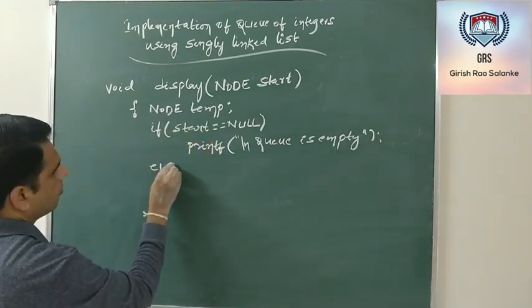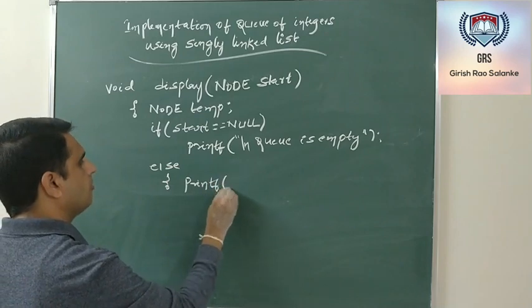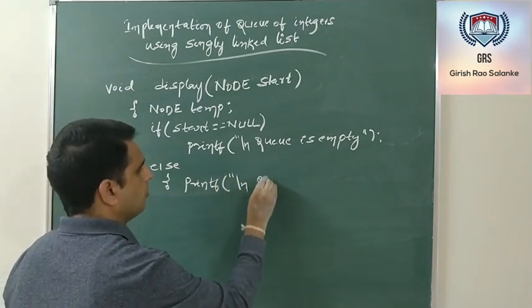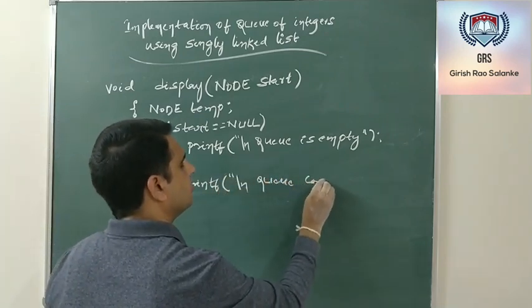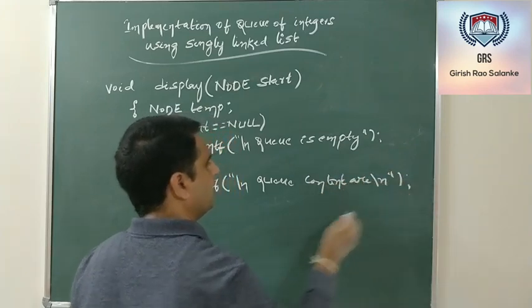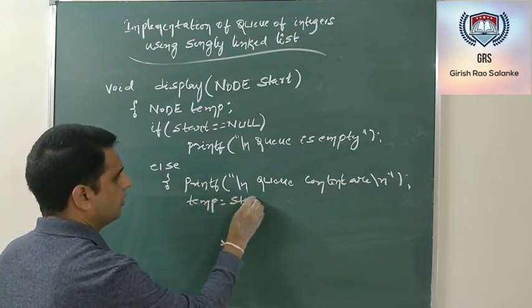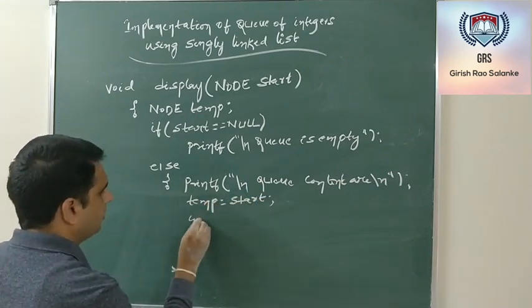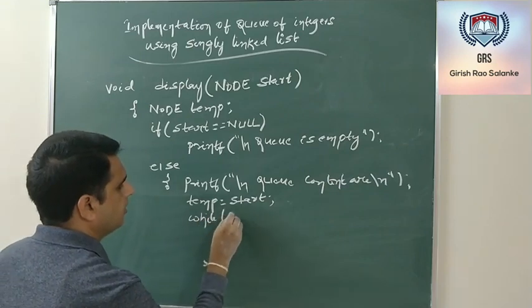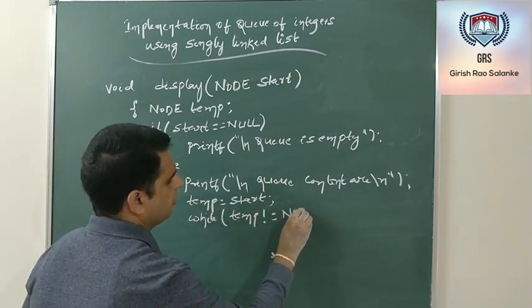Else printf queue content. Initialize the temp to the starting of your list, traverse the temp while temp not equal to null,